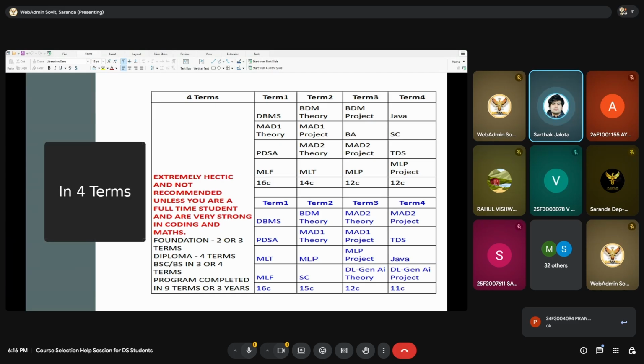Although I would recommend that you register for the BDM project with BDM theory, it's going to be extremely hectic to do it together. But I would strongly recommend that you take BDM theory and BDM project together so you can at least provide proposals to the BDM team, because BDM project team is very notorious for rejecting proposals. And then you just do business analytics, MAD2 project, and MLP. And the last term,